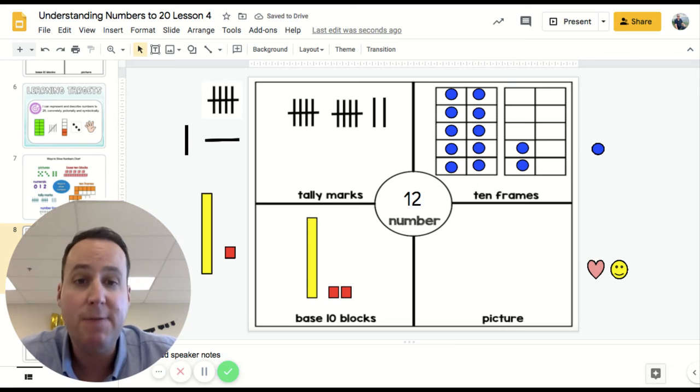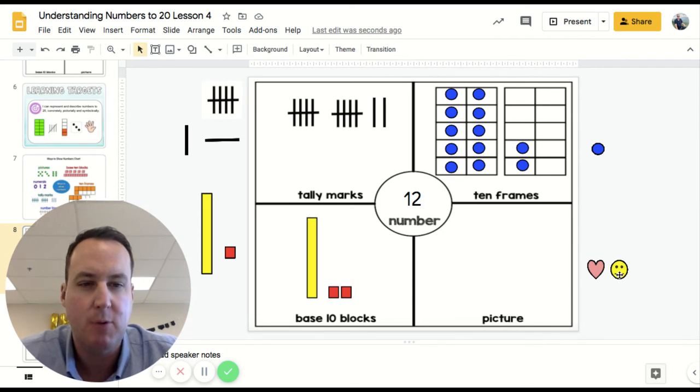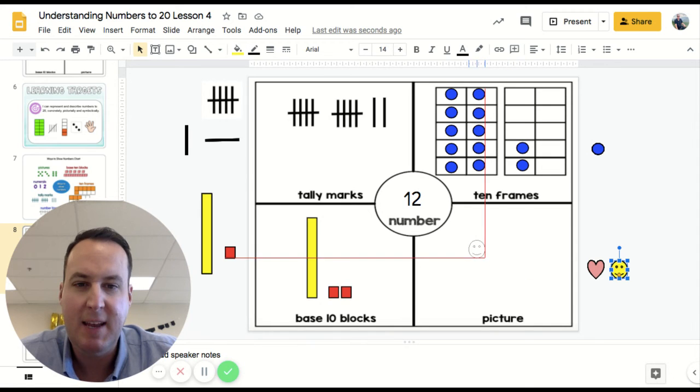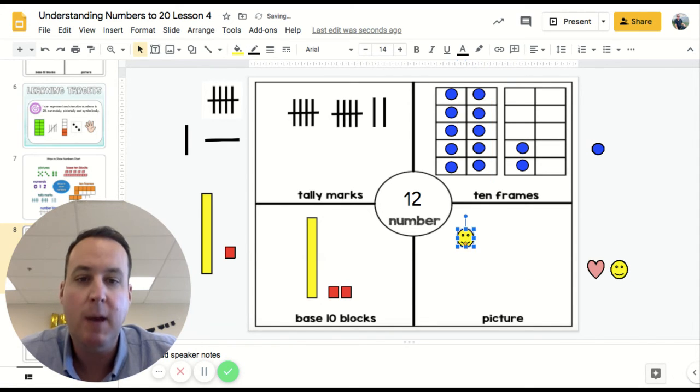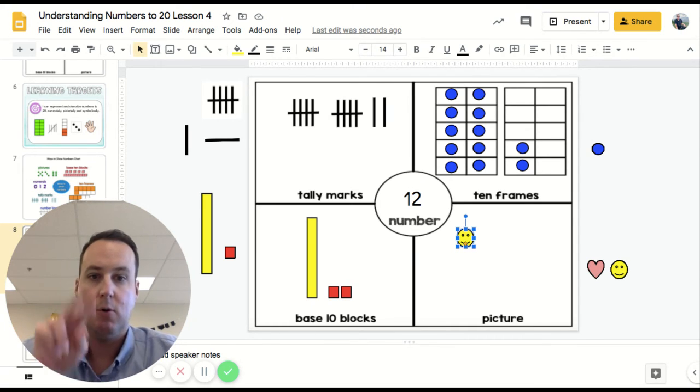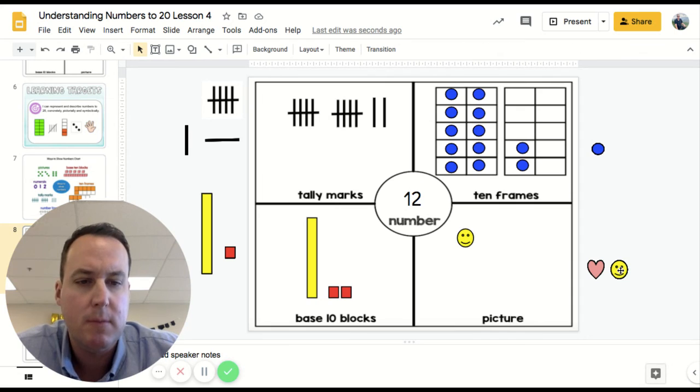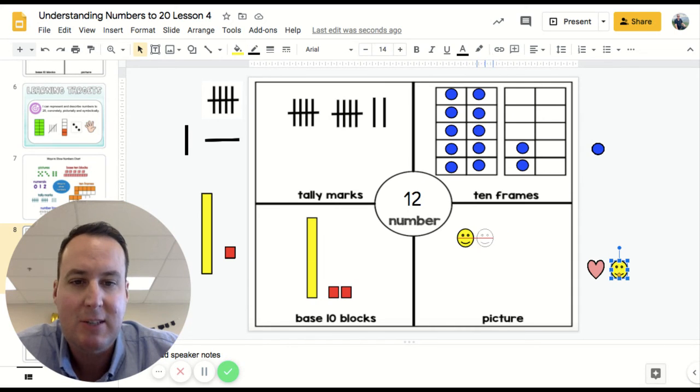Excellent. And the final way I'm going to represent or show the number 12 is by using pictures. I could use hearts or emojis. I'm going to use emojis today. So I'm going to count out 10. Now, when I'm using pictures, I want to organize my pictures in a way that's easy for me to count them. I could do rows of 2 or rows of 5, and then any additional ones. I think today I'm going to do rows of 2 because I know counting pictures, it's easier to count them in groups. So I'm going to go 2,